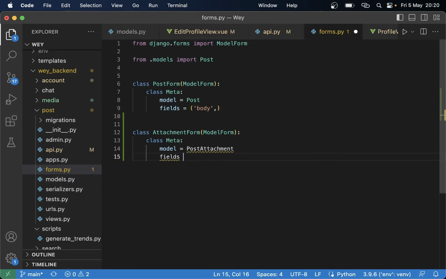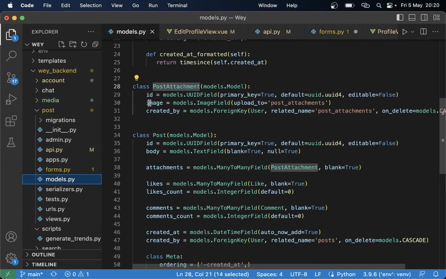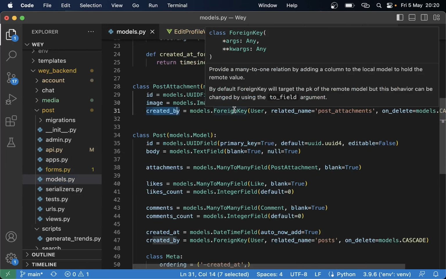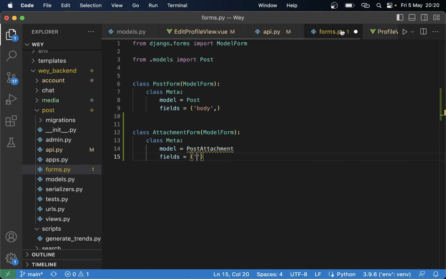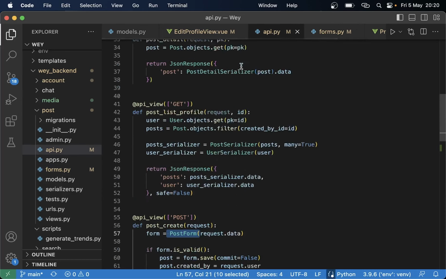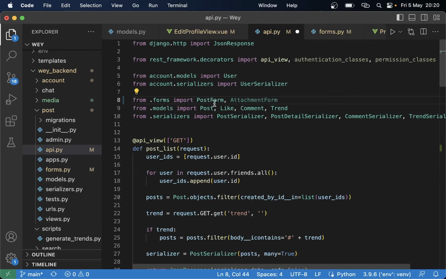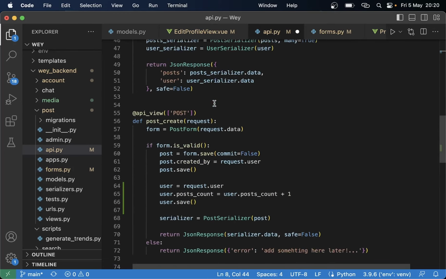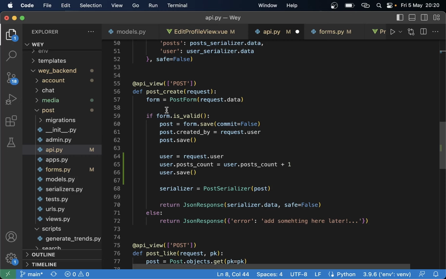And then the fields we want here should be the image. This is added manually afterwards, and this is added automatically by Django. So here we can just say, not post attachment, but image, sorry. Image, like that. Then we need to import the model up here. We can copy this here now, the AttachmentForm, and import it here together with PostForm. And then below, inside here,